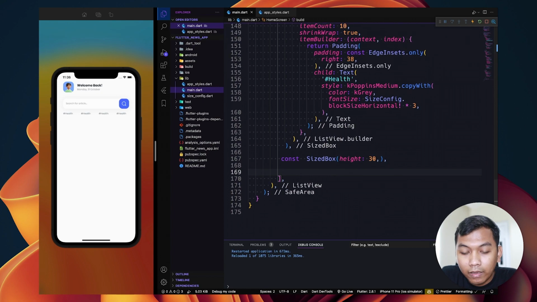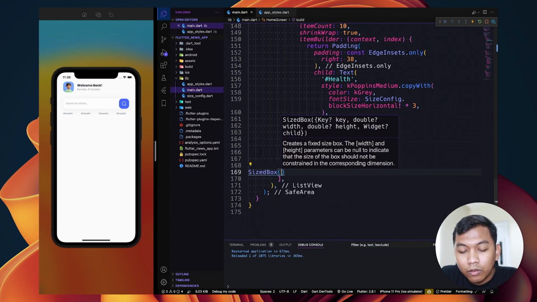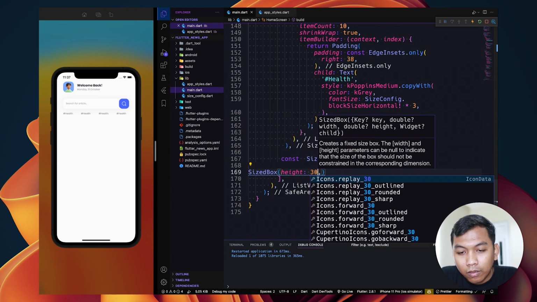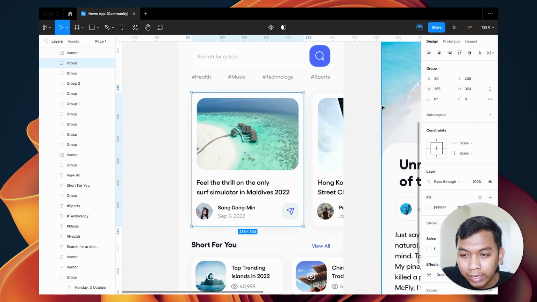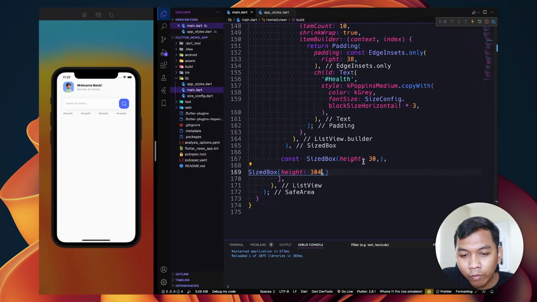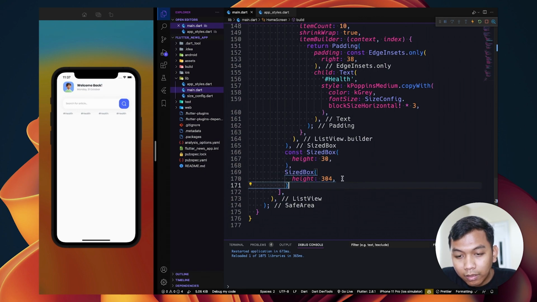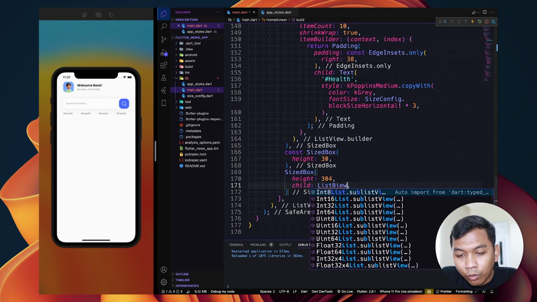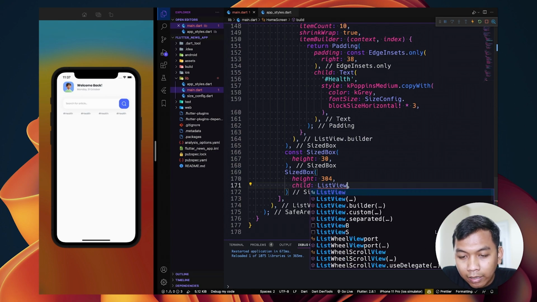And to wrap our horizontal list view, we need to use sizebox or container. For now, we use sizebox, and we need to set the height same as this, 304. And inside this, we need to call list view builder as the child.